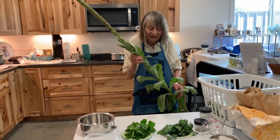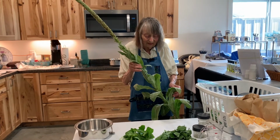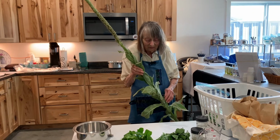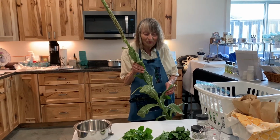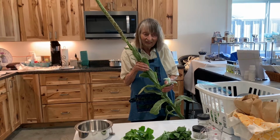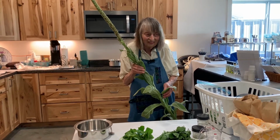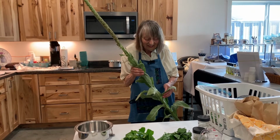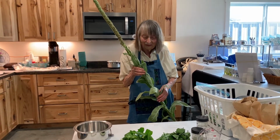And the sheep don't eat it. There's a little patch of it growing in one corner of my pasture. The sheep don't eat it. And I even took this plant past my goats this morning, and they didn't eat it. So I would assume it's not edible. And that's sort of another clue. You can see if the animals are eating it, it might be okay. And if they're not, probably not. They seem to have a natural